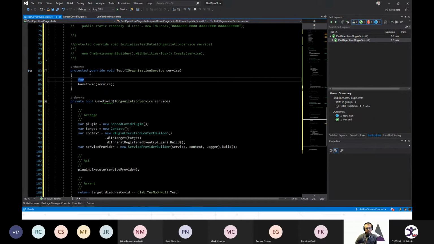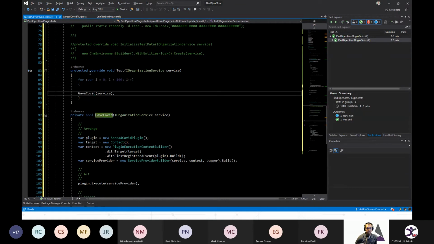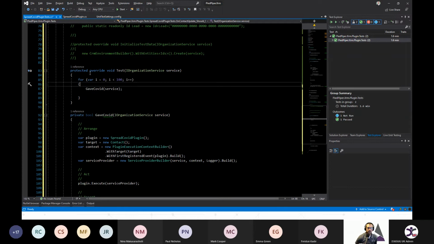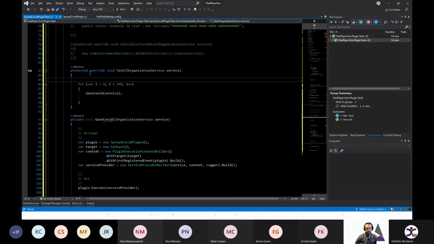So we have the target here, and then we return target.HasCovid equals the yes value. Okay, so if we have actually updated it, then that means we gave COVID. So let's do a loop here for i equals 0, i less than 100, we'll do 100 times, i++. Loop through here, and let's keep track of